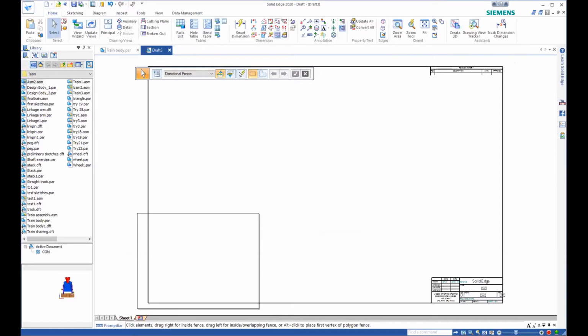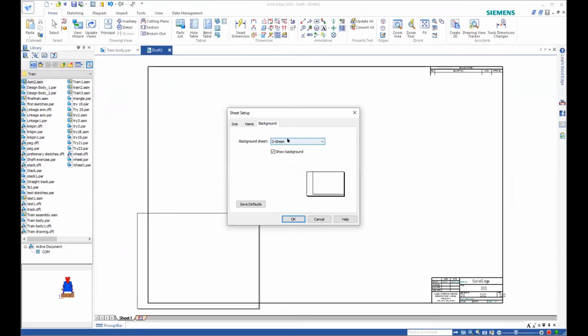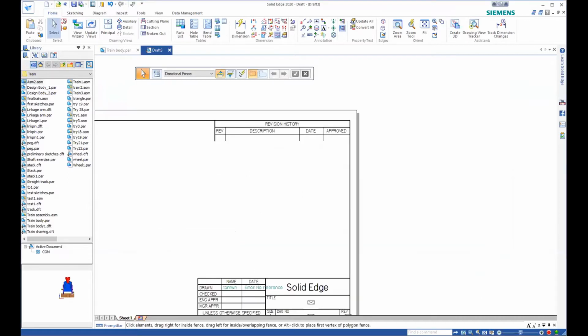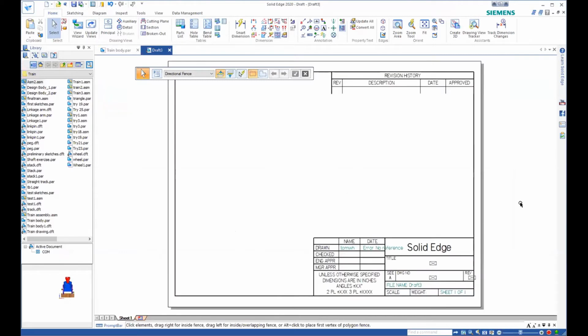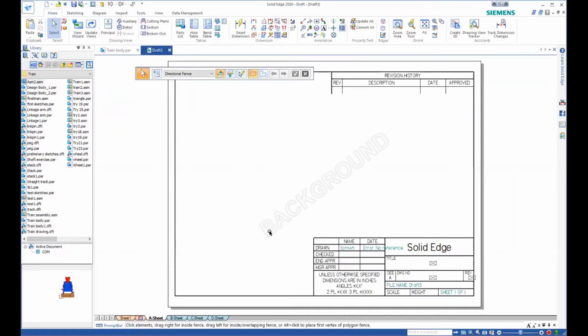So we go back over here to our sheet setup, and we want an A sheet background. And now we have something that we can actually see. We don't have a lot of room here, so we can customize this sheet. We can always come back here and pick edit the background. And it tells us it's the background because, suppose